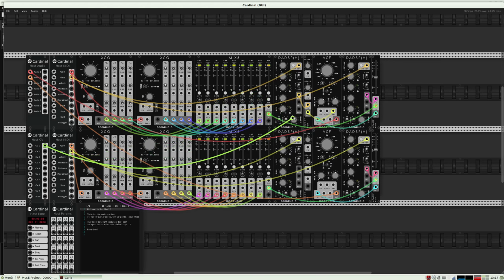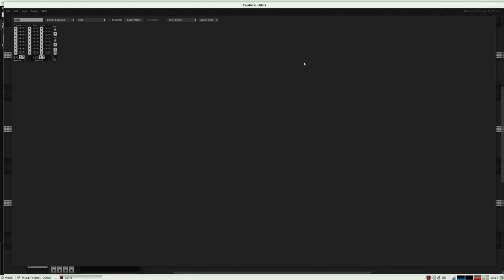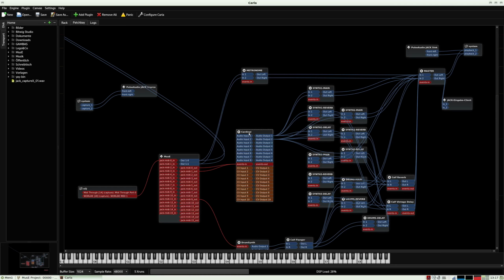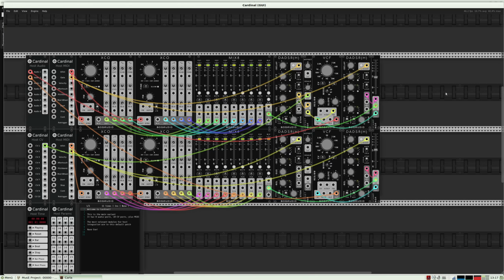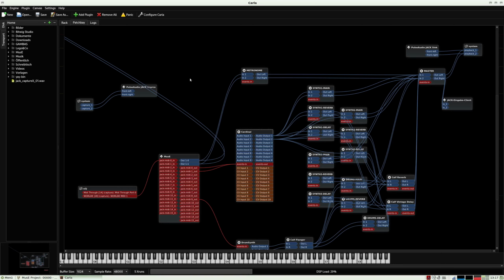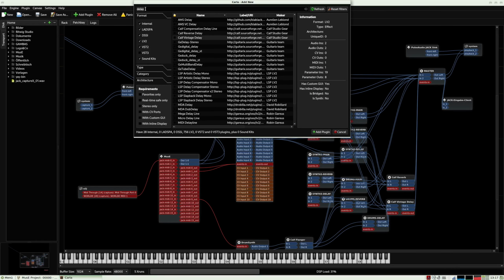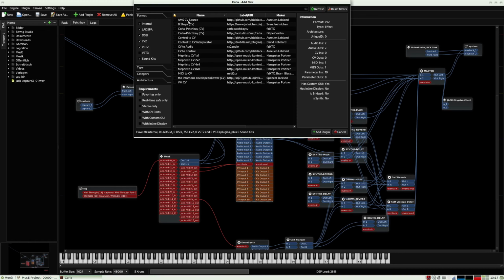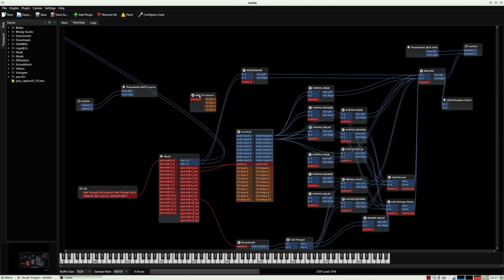I put this to the control voltage of the scale here, and before hearing that it works, I need to close the Cardinal software and put in another module here. It's used by Control A, and then I type in CV for control voltage, and this is the AMS CV source. It's the correct thing, and I put it to here,